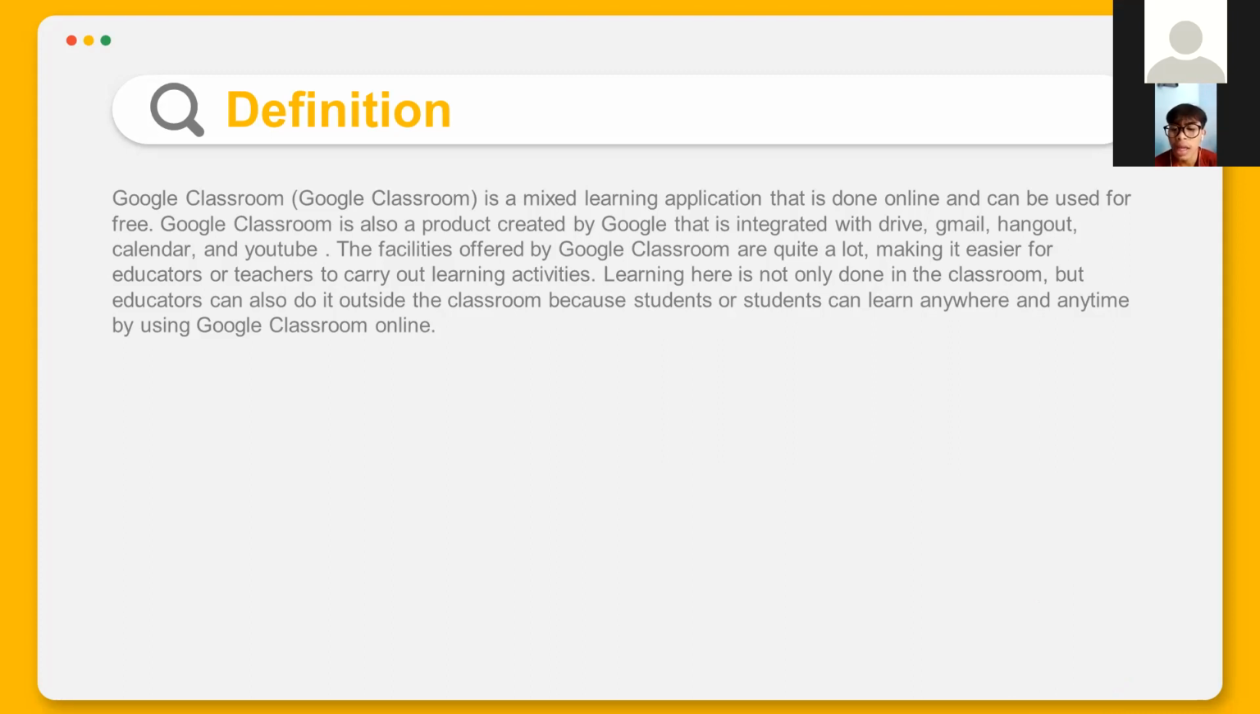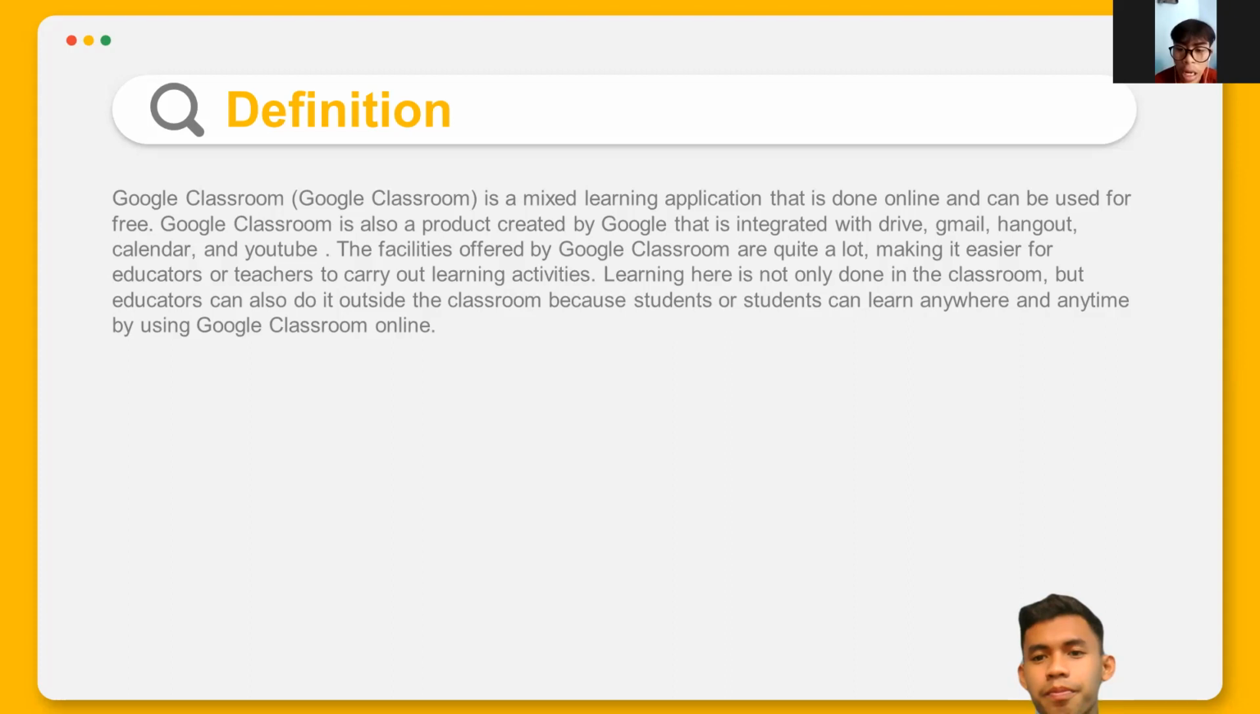Learning here is not only done in the classroom, but educators can also do it outside the classroom because students can learn anywhere and anytime by using Google Classroom online. The main purpose of the Google Classroom learning application is to facilitate the process of sharing files between educators and